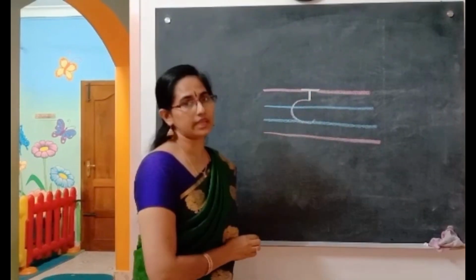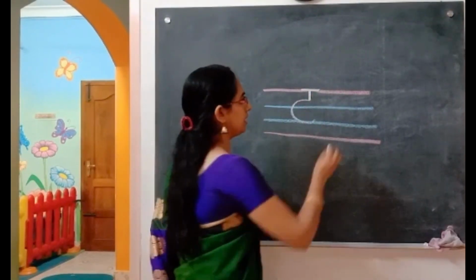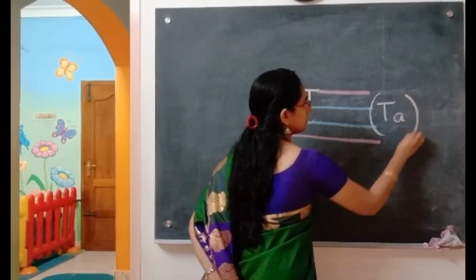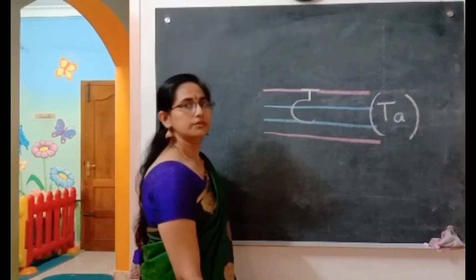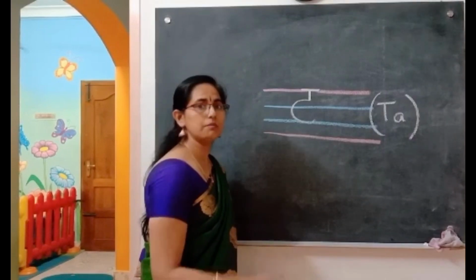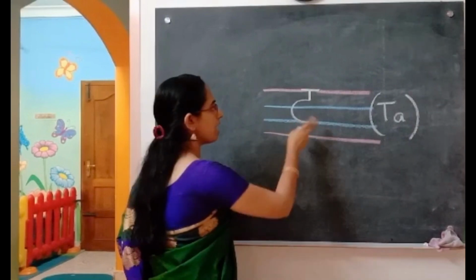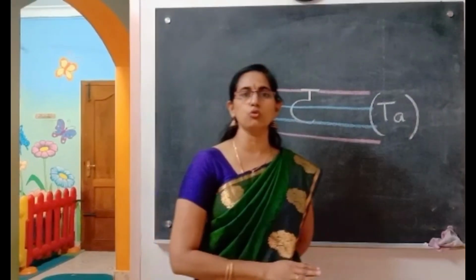This is ta. What is it? Ta. Ta say tomato. Tomato yani tomato. Okay, keep that picture in your mind and start practicing, start writing this in your notebook